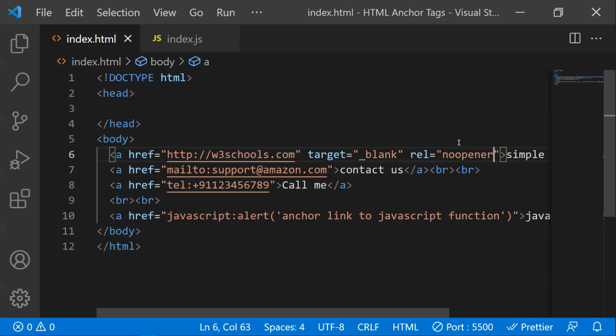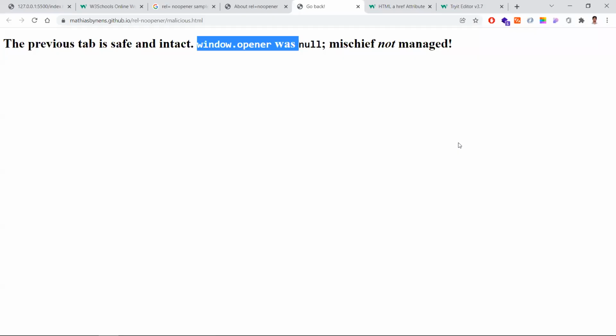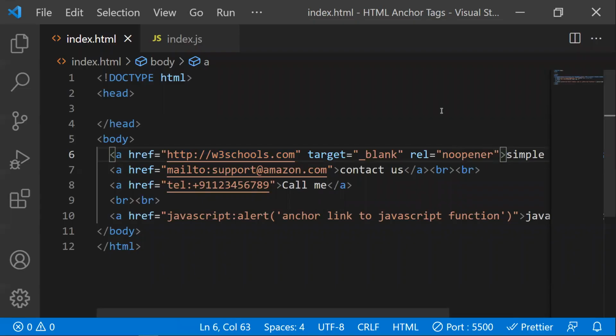The good part is that all the modern browsers deal with this by default. You don't need to keep this, but you need to understand that if you keep this, you need to give the noopener attribute as well. It's good to keep, but most of the browsers deal with this by default. So these are some of the functionalities and usages we have discussed about the HTML anchor tag.